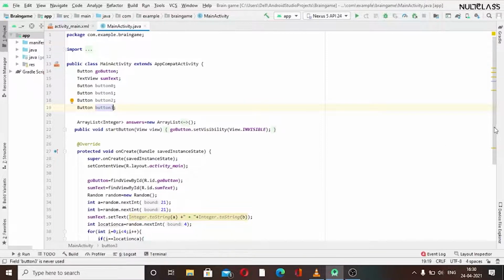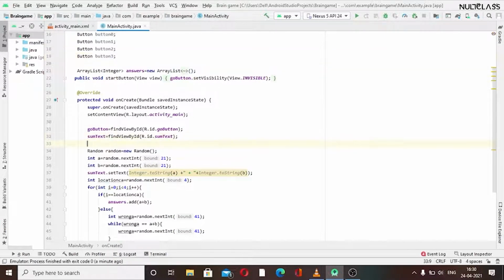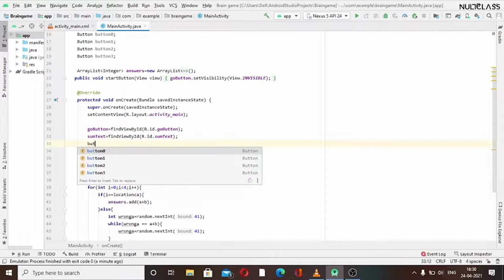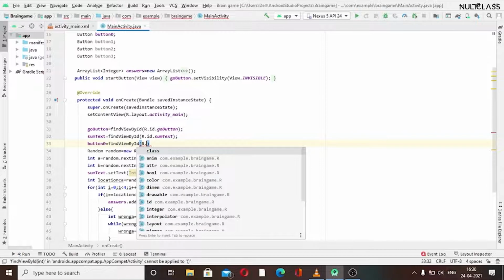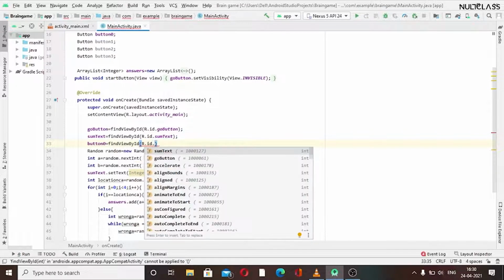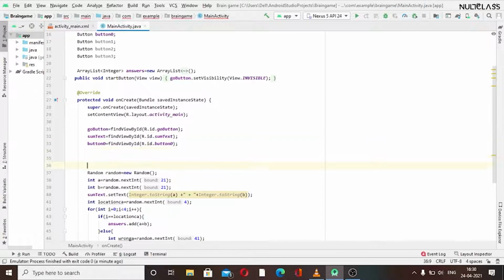So now we have to initialize that also in our own create method by doing this here. So we'll just use button0 equal to findViewById R.id.button0. Okay, so we have to do the same.